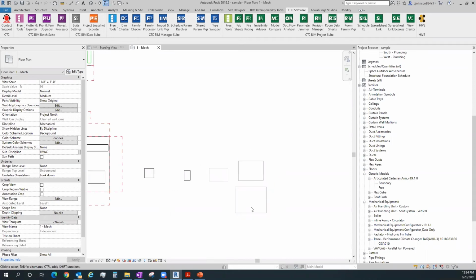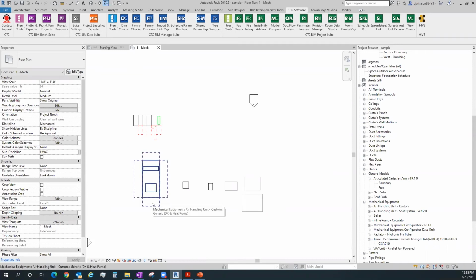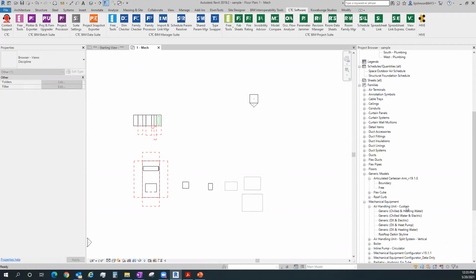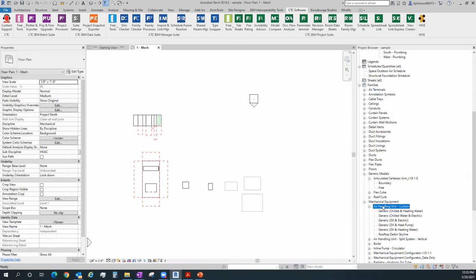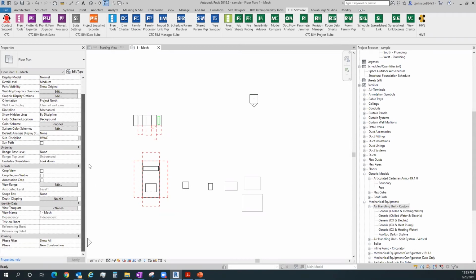So let's see, I wanted to show an example from the productivity pack of an air handling unit family. And if I look at my mechanical equipment here, you notice I have an air handling unit custom. So under custom, I have these extra types. I would say in this case, this air handling unit isn't necessarily just a placeholder family, the things I've been talking about, right? To generate your own thing on the fly and make it work. This is an example of a fully functional air handling unit from our productivity pack, but it says it's custom,